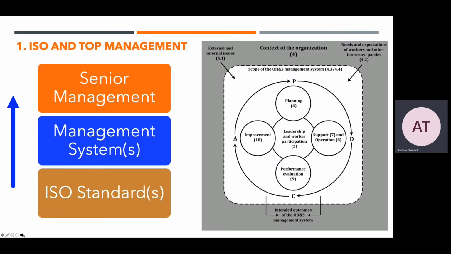If you're familiar with the ISO management system standards, you've probably seen this diagram on the right, which shows the management system model, and smack bang in the middle, section 5, here are some requirements for top management or leadership within our organisation. If you follow the history, as those ISO standards get revised, ISO always seems to up the ante on what's required of top management. So for an effective management system, we're going to need to get senior management understanding what they're expected to do. Better still, if we can get them understanding and committed to